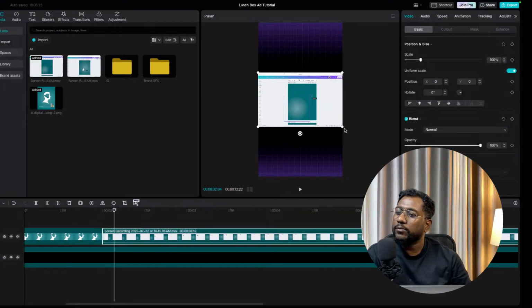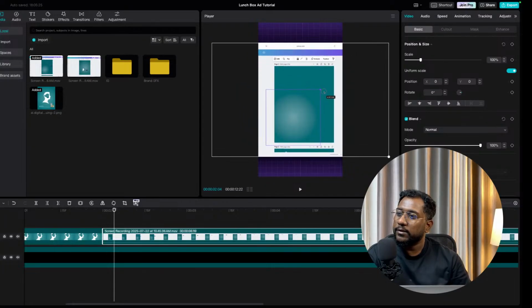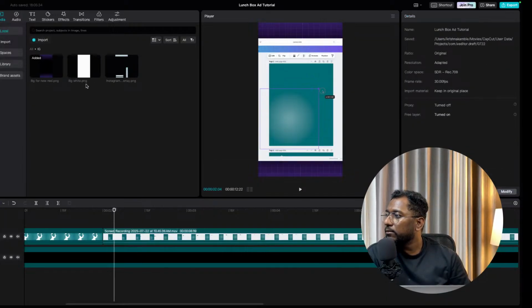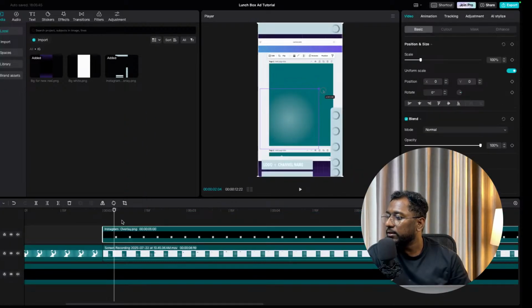Now you just need to increase the size of it like this. And what I do, I created one overlay for Instagram and for reel. So what I do, I just add this transparent overlay here, and then I can see this portion is here